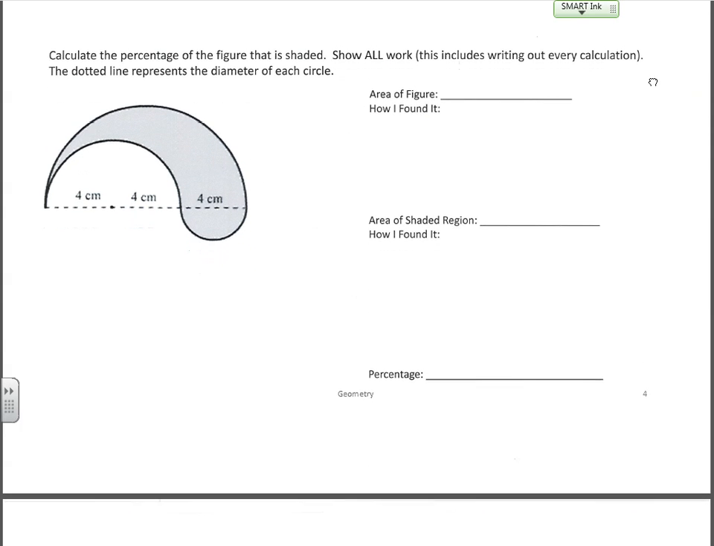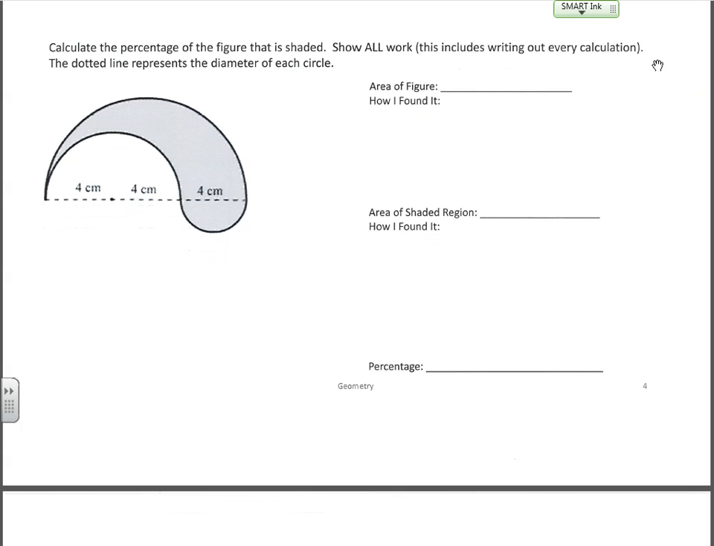Here we have the shaded area question. It says, calculate the percentage of the figure that is shaded. Show all of your work. This includes writing out every calculation. The dotted line represents the diameter of each circle. Okay, so we've got kind of this